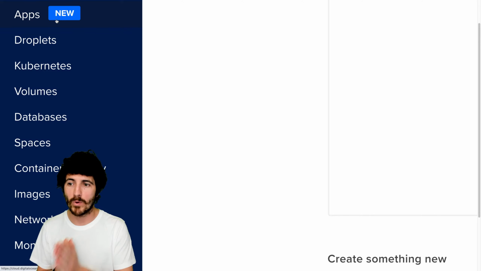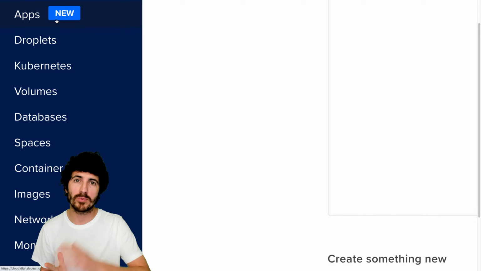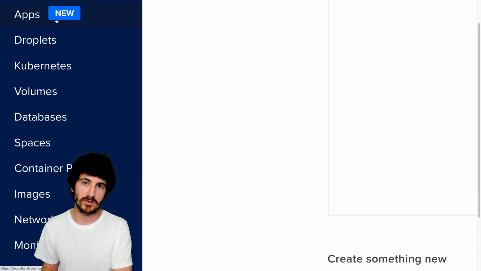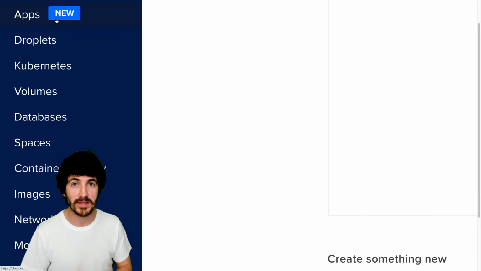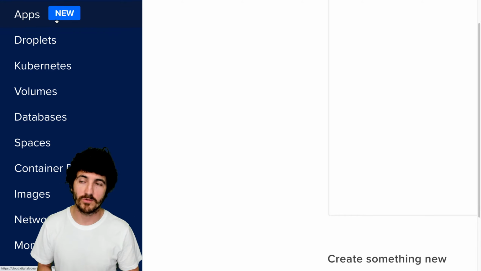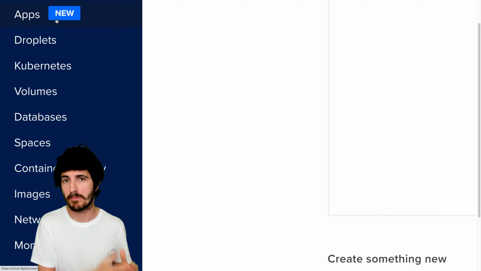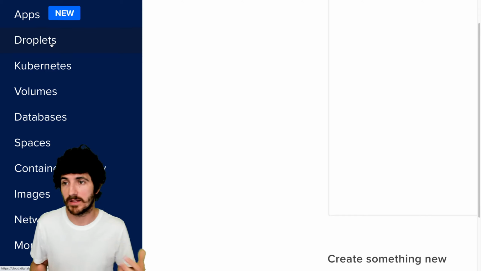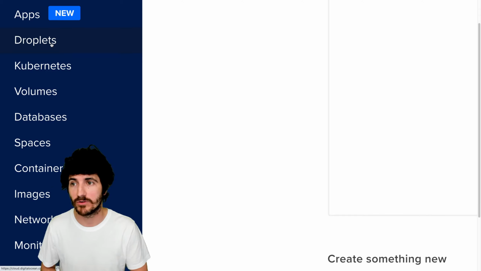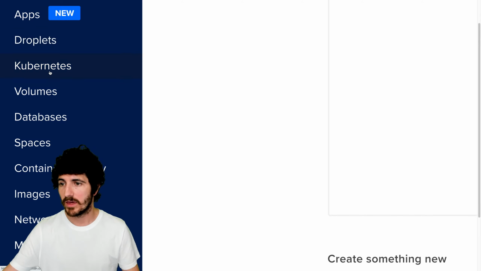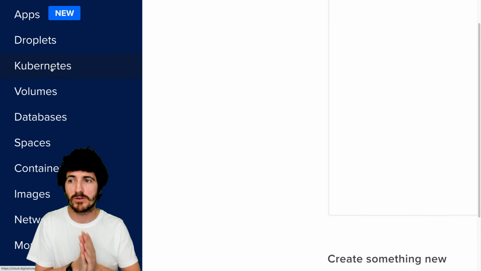Apps is a way in which you can quickly deploy applications and have them automatically update, I think, from a GitHub repository or a repository in other versioning system platforms, but it has a $5 per month cost. So for each application you're deploying, you'll be paying $5. Whereas in Droplet, if you don't have a high volume of visits in your site, you can host unlimited sites in one Droplet, which can be a virtual machine also, for $5 a month.